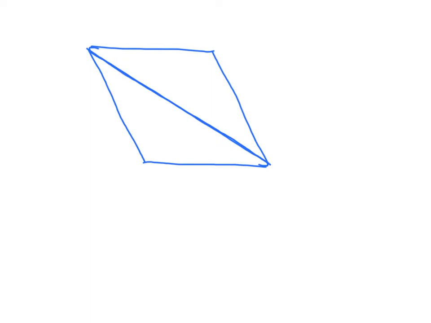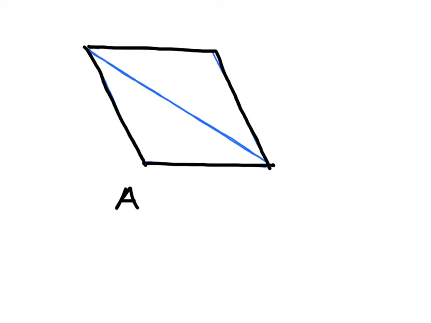Let's take a look at what's formed by these two triangles. When I look at the outside figure here, what I want you to see is that when I take those two triangles and line them up together, it forms a parallelogram. So we already know the area of the parallelogram is base times height, where this is the base, and then the height would be,